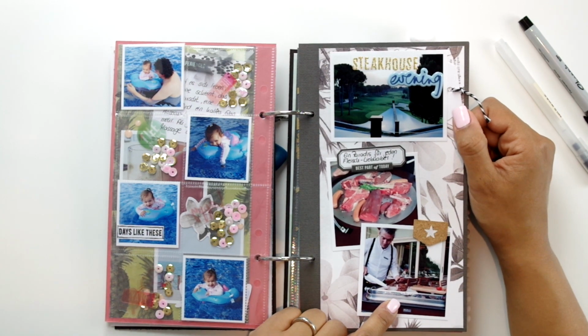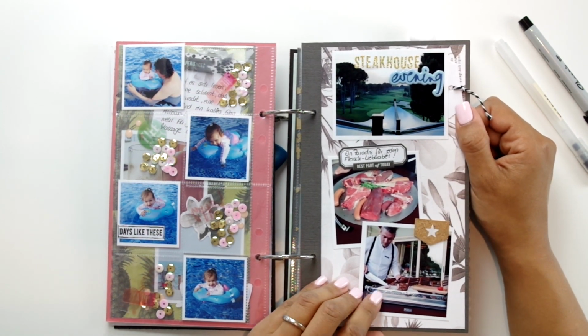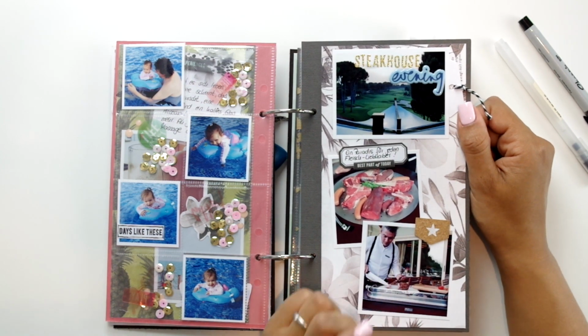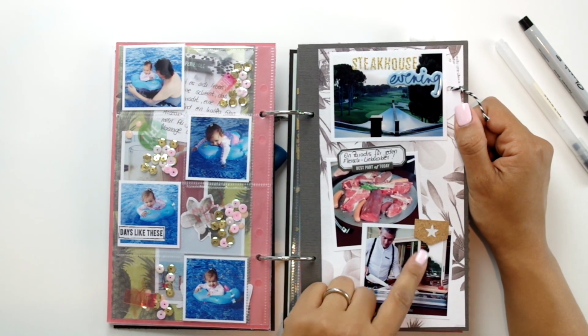And then we had a Chateaubriand, my husband and I, and we got our meat cut up at the table, and yeah, just layered everything again. And this is